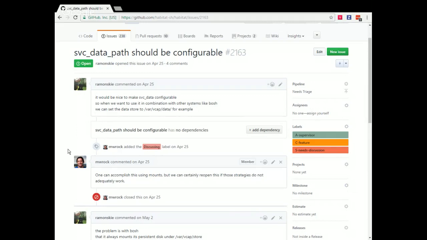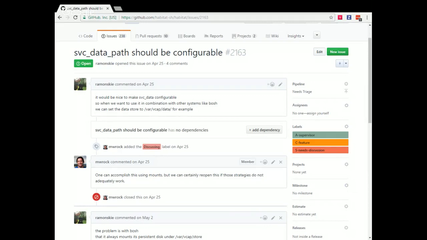But there are some corner cases where users are really going to need to be able to make that variable configurable. Right now you could change the value of that, but it's going to have some unexpected side effects.